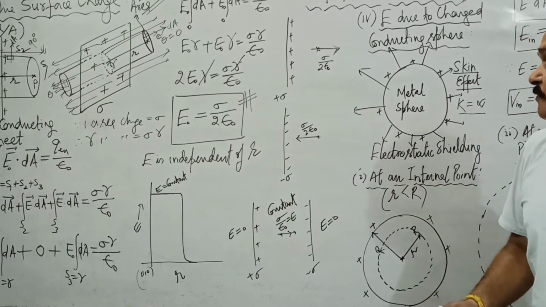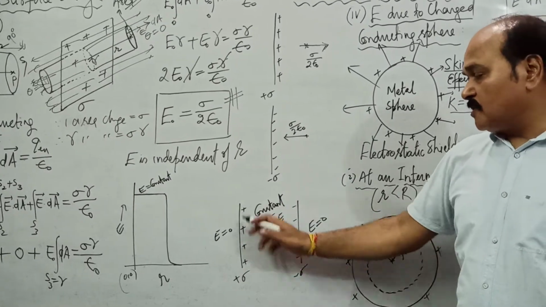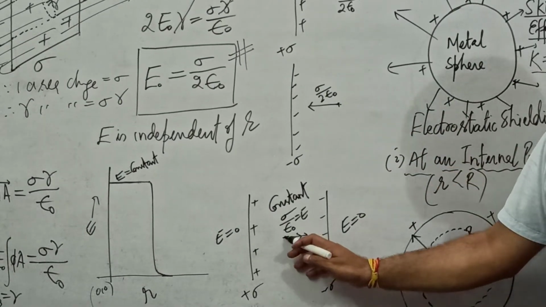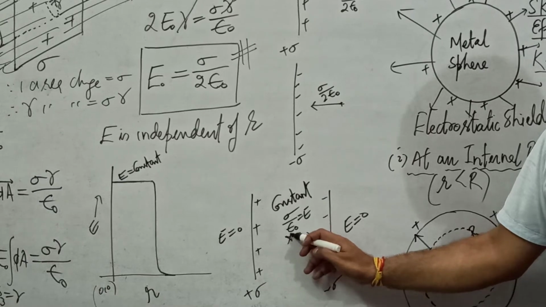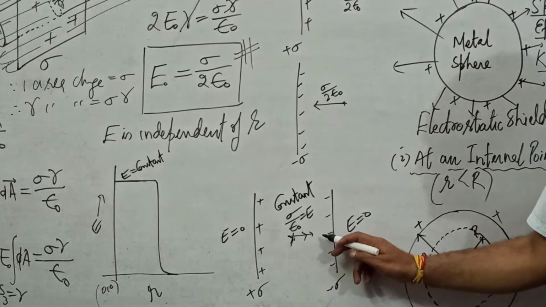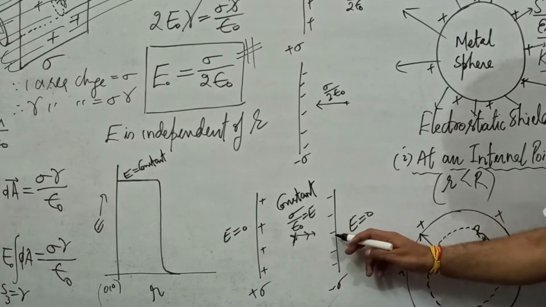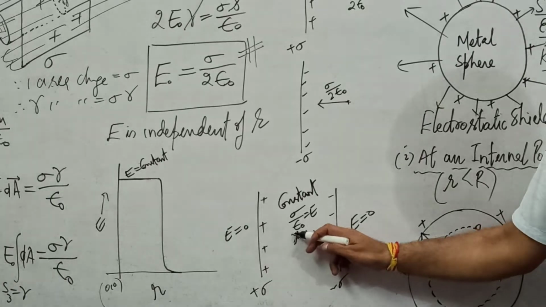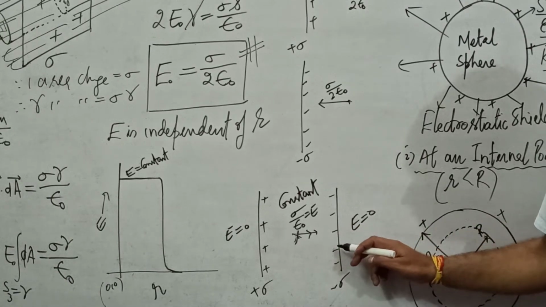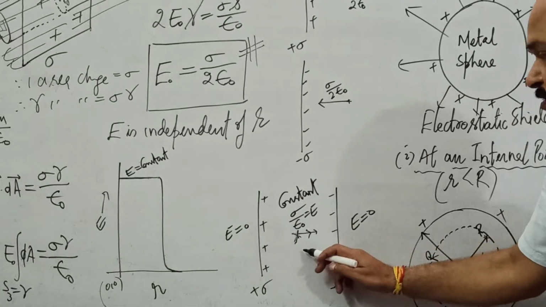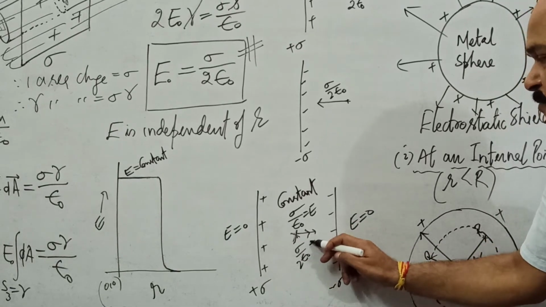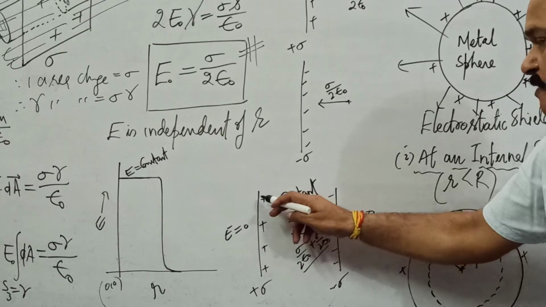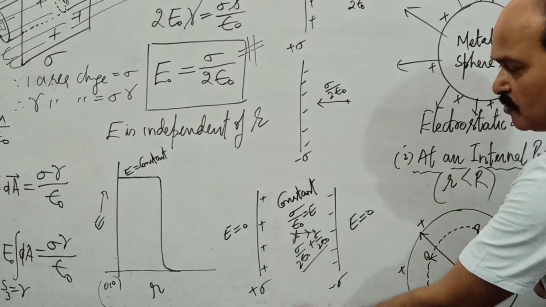And see how we create uniform electric field. These are two surface charge distributions. One has positive charge, the other has negative charge. They are kept very close to each other. So what is the electric field intensity at any point inside? Because of the positive charge, it will be away from the charge, and because of the negative charge it will be towards the charge. So the electric field vectors, because of both the charges at any point inside, are in the same direction, parallel to each other. Therefore, net electric field is going to be sigma upon 2 epsilon naught plus sigma upon 2 epsilon naught, and that is sigma upon epsilon naught, and that is constant. The electric field throughout the space in between the two plates is constant.